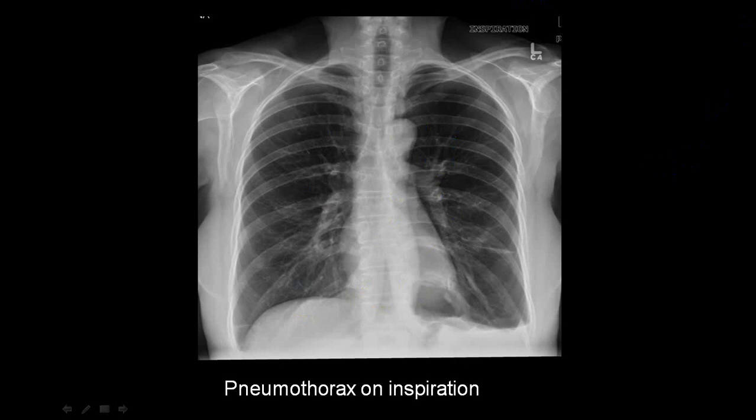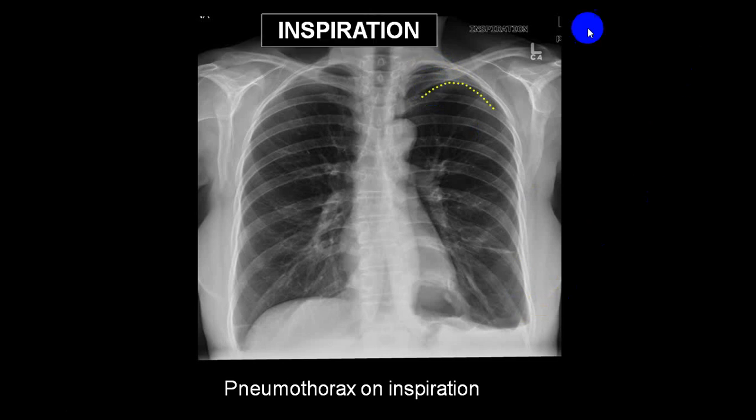And when it is taken in a deep inspiration, pneumothorax will be seen much better. You can see at this marking. I'm going back. Here, these are bronchovascular markings. You can see here bronchovascular markings. This area is more radiolucent. And when a person takes a deep inspiration, you can see this border. That is what we call a partial pneumothorax, which you will be able to identify much better in a deep inspiration.